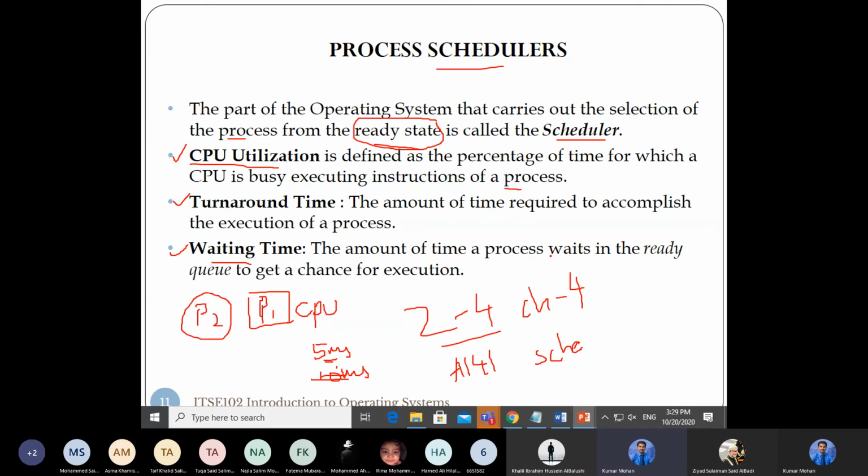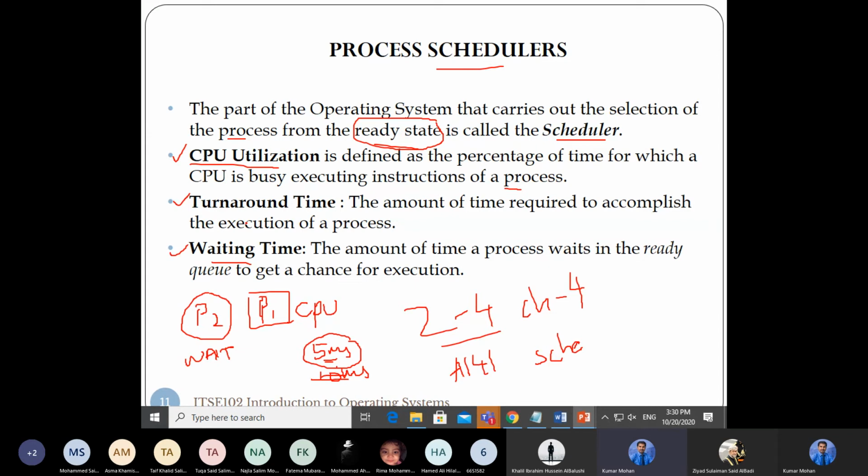It is the amount of time a process waits in the ready queue to get a chance for execution. P2 will not get any chance because P1 is in execution. P2 has to wait for 5 milliseconds because the turnaround time for P1 is 5 milliseconds. Do you understand?